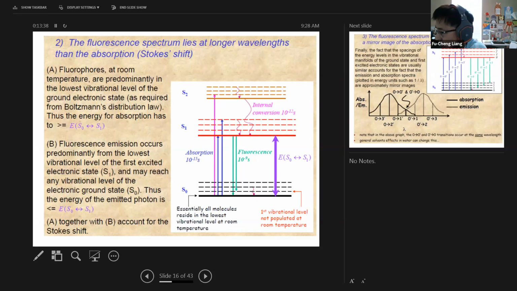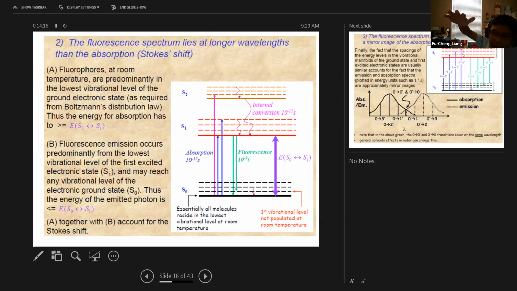They prefer to release fluorescence at the lowest vibration level of S1, which is the solid red line here. That's why fluorescence emission predominantly comes from the lowest vibration level of the first excited state, and then they may reach any vibration level of S0. They can go all the way to the black dash line, the second one, the first one, anywhere they want. So this green or bluish-green fluorescence line is always shorter than the absorbance line. And that's the reason why